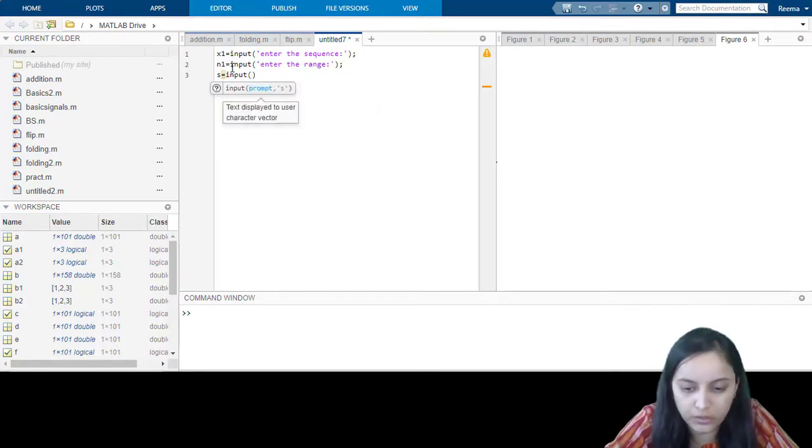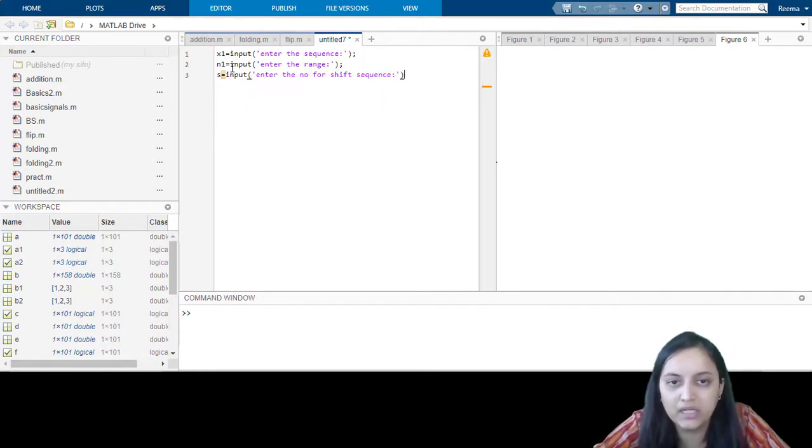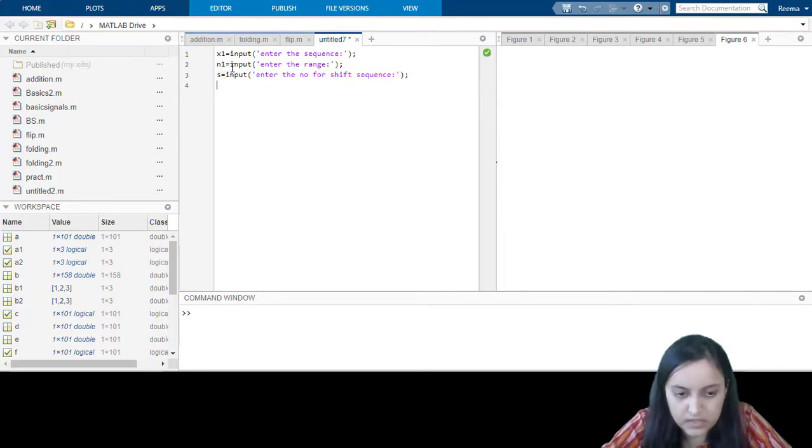Here the input message is to be displayed as: enter the number for shift sequence. This indicates how many shifts are used to produce the final shifted sequence.